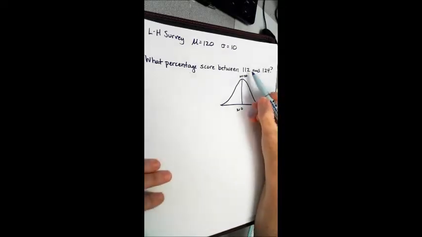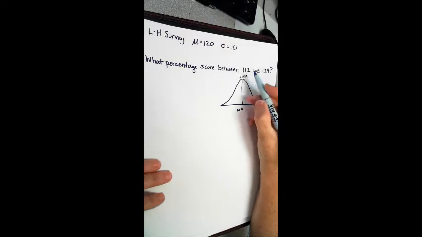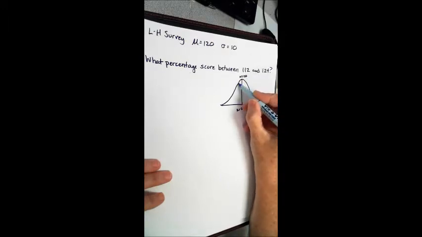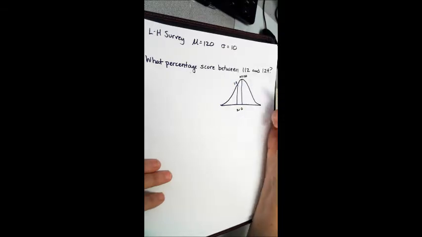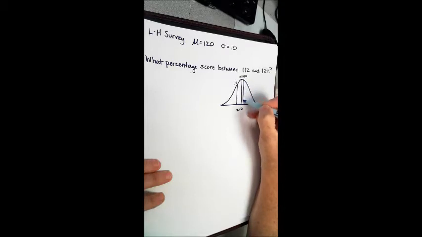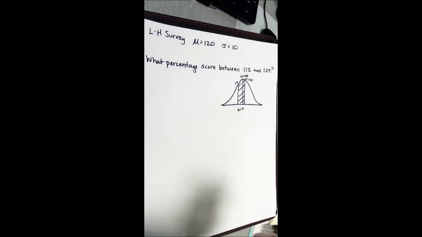Well, 112 is below 120, so I know that mark is going to be down here somewhere. I know that 124 is above 120, so that mark is going to be here. So what am I looking for? I'm looking for this whole area. Okay, so then of course we can get down to calculating